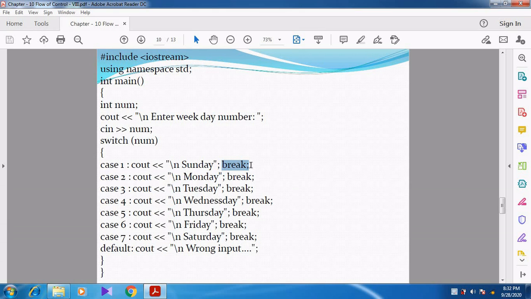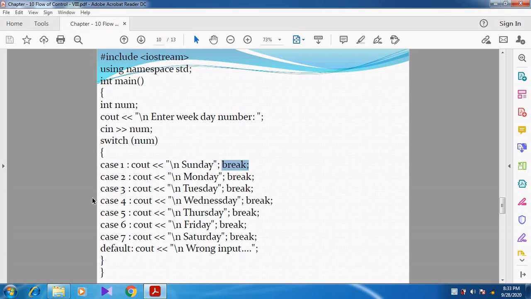The corresponding case statement is executed, and then we break the switch. We terminate the switch statement. Terminate in the sense end.